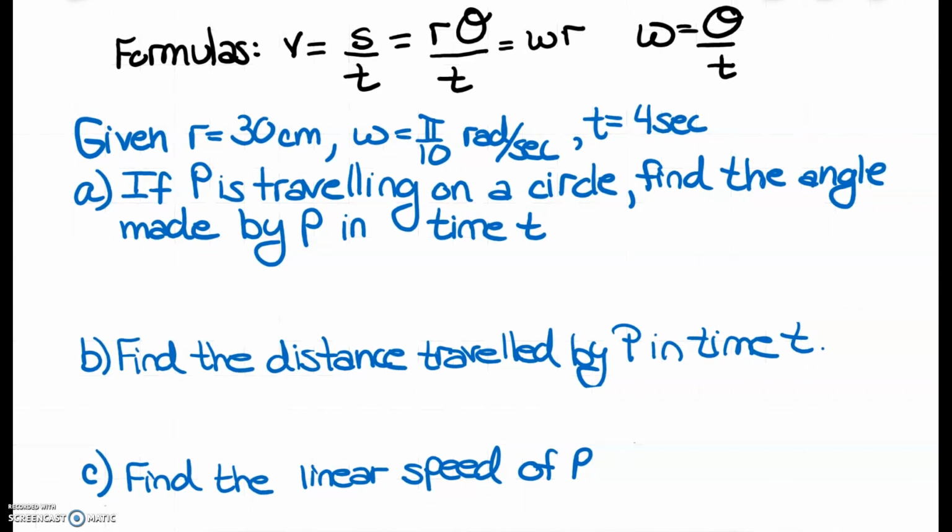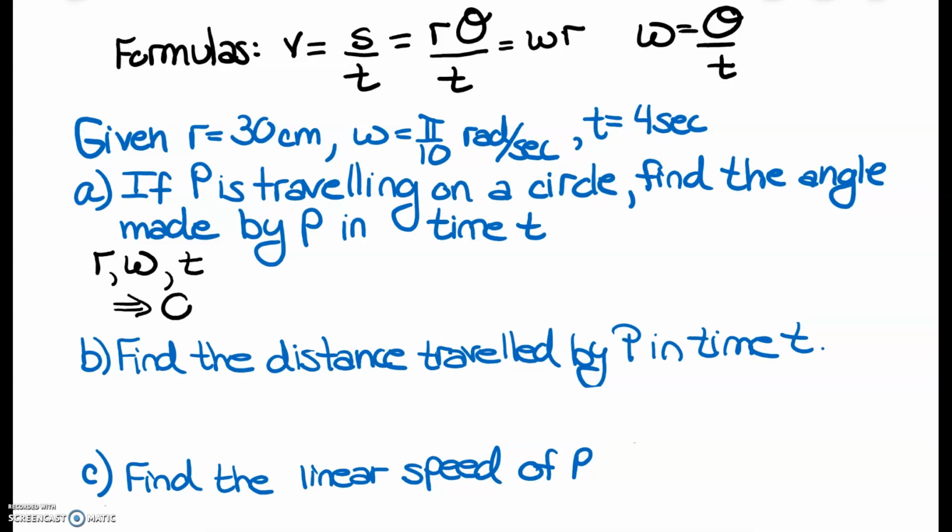Given a circle with radius 30 centimeters, an object traveling around the circle travels through pi over 10 radians every second, and this object travels for 4 seconds. If we call this object P and it's traveling on this circle, find the angle made by P in time t. Well, we have been given r, we've been given omega, and we've been given t, and we need to